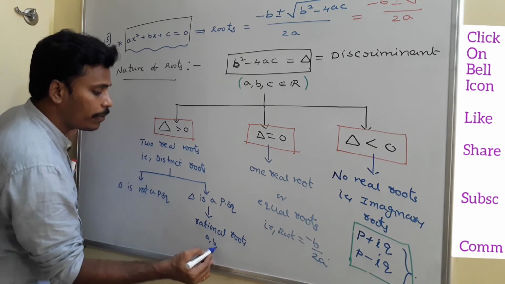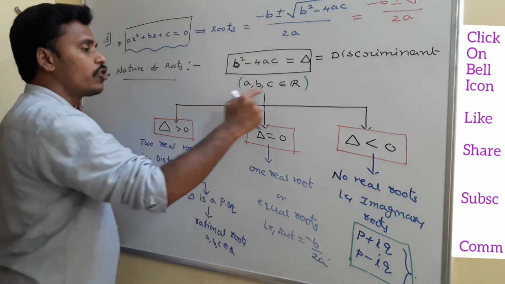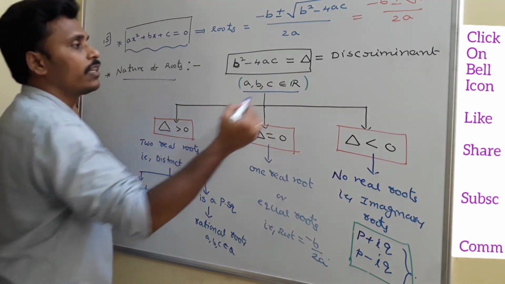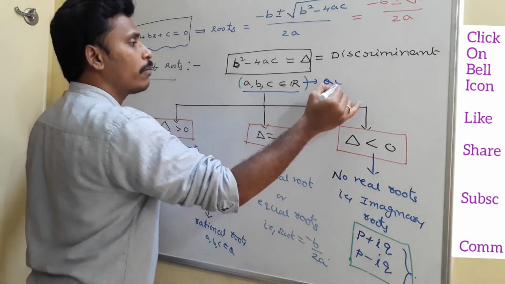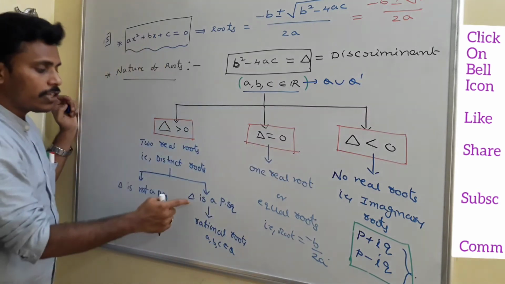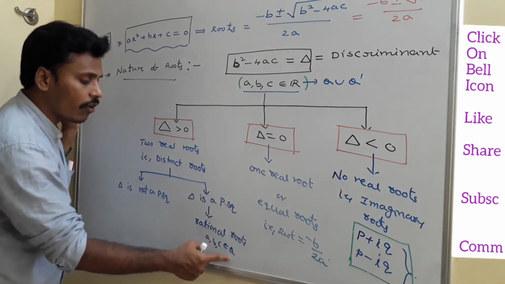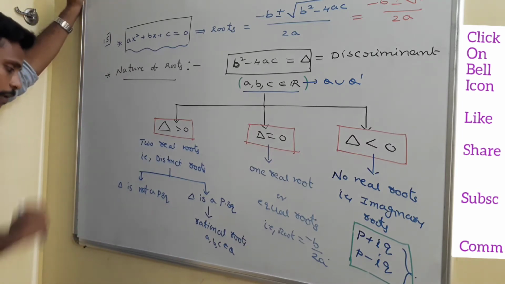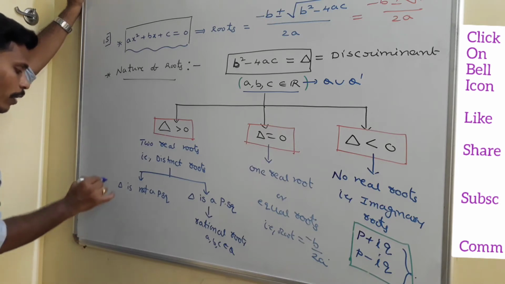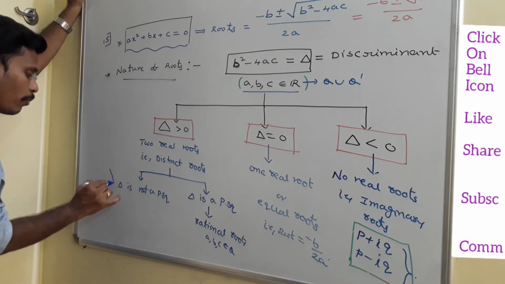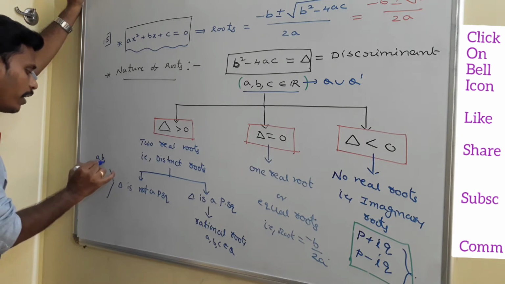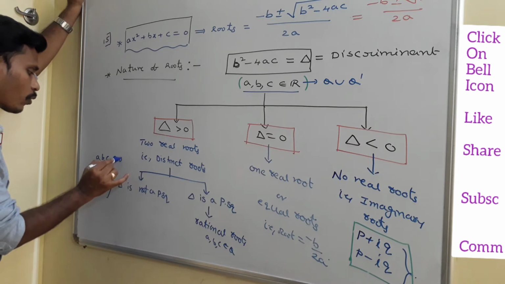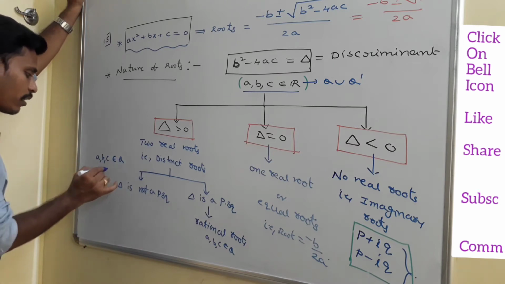Whereas the a, b, c also should be rational numbers. See, a, b, c are real numbers actually, and in real numbers also we have different groups, right? Real numbers may consist of rational numbers union irrationals. Now if delta is a perfect square and a, b, c are rationals, then the roots are rationals. And now the last case: if delta is not a perfect square, then you need to think again about a, b, c. If a, b, c belong to rational numbers, delta is not a perfect square, and a, b, c belong to rational numbers, then